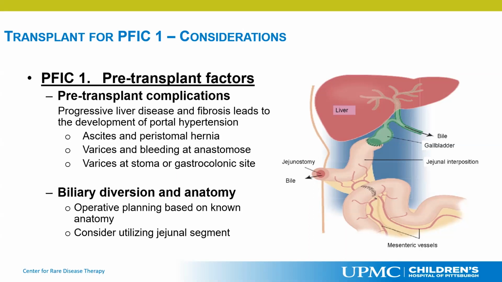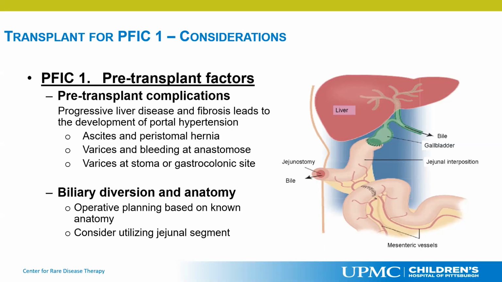Stomas, the piece of intestine that you see coming up through the abdominal wall, go through a hole, but there are only small stitches holding them up to the abdominal wall. There's always a space when you make a hole to put the bowel through. Those spaces can get distended. Those spaces can get weak. And you end up with an area of a hernia between the bowel wall and the abdominal wall. So you can end up with a relatively nuisance peristomal hernia, especially if you have ascites inside the belly,